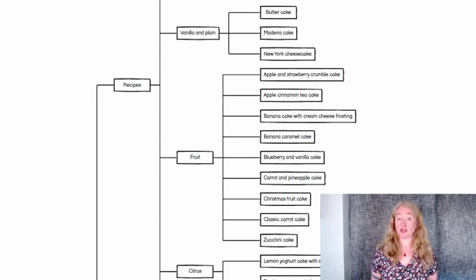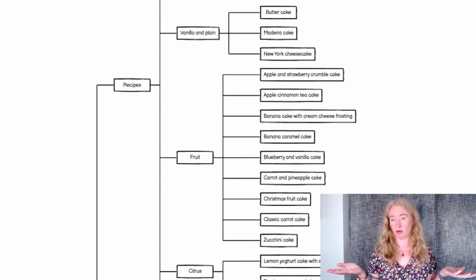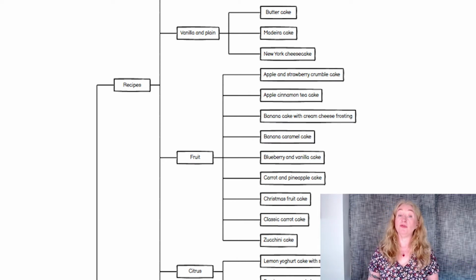Another way you could arrange content is by its format or genre. I did this a little in my example here, as recipes and how to bake are both formats, but I didn't attempt to do the whole website according to format. If you're thinking about this, make sure the formats make sense to people and are how they would like to access the content.